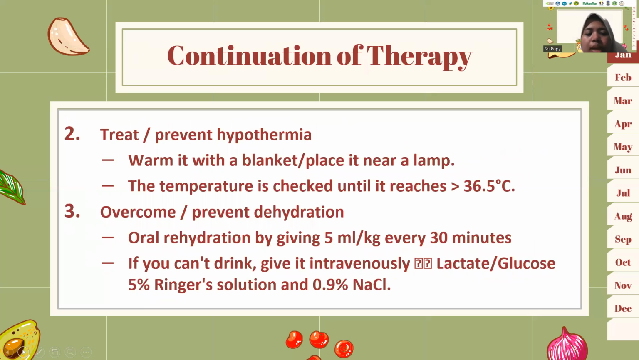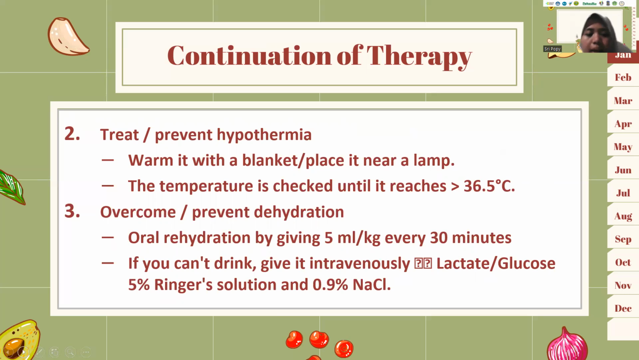Next, 2. Treat or prevent hypothermia. Warm it with a blanket or place it near a lamp. The temperature is checked until it reaches 36.5. 3. Overcome or prevent dehydration. Oral rehydration by giving 5 ml per kilogram every 30 minutes. If the child can drink, give it as necessary lactate glucose 5% Ringer solution and